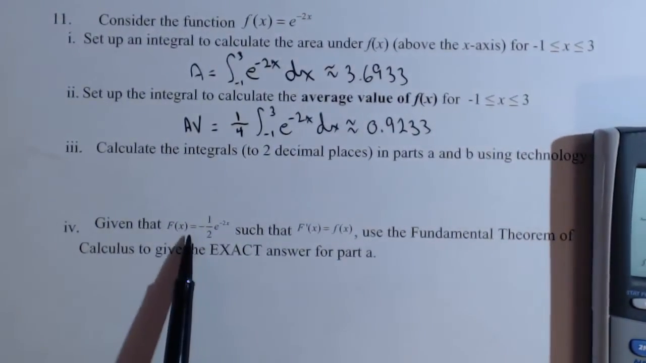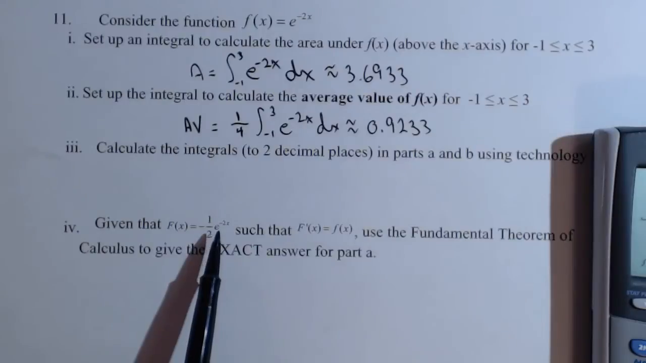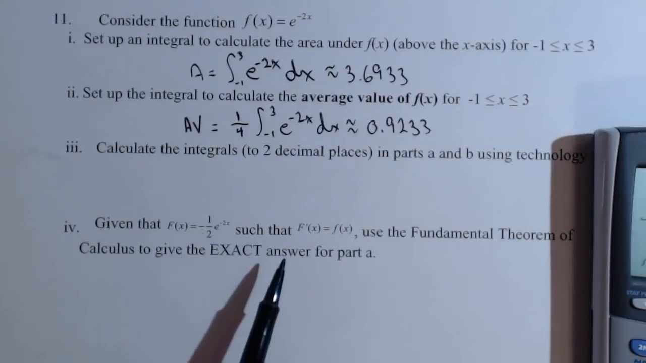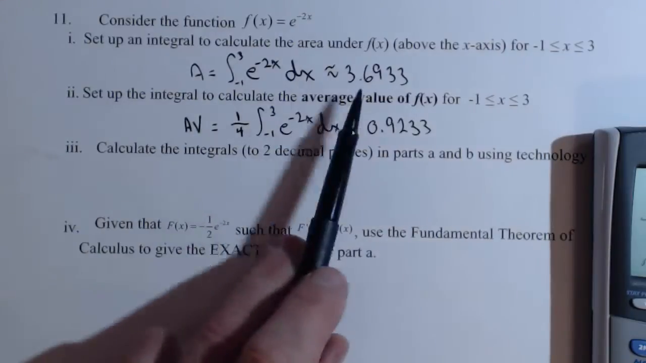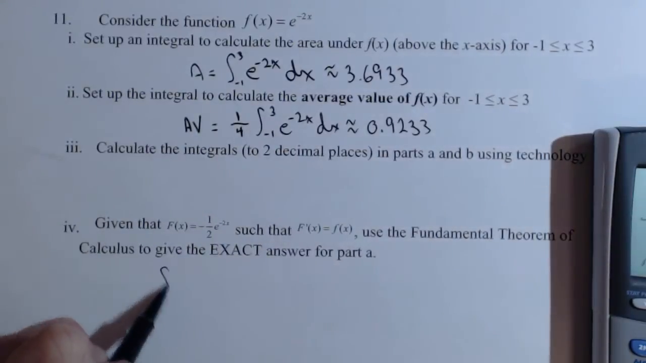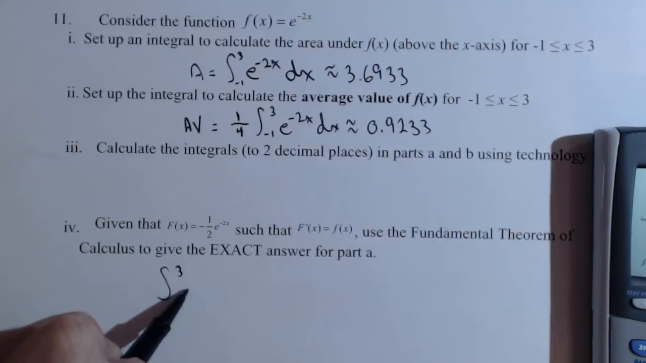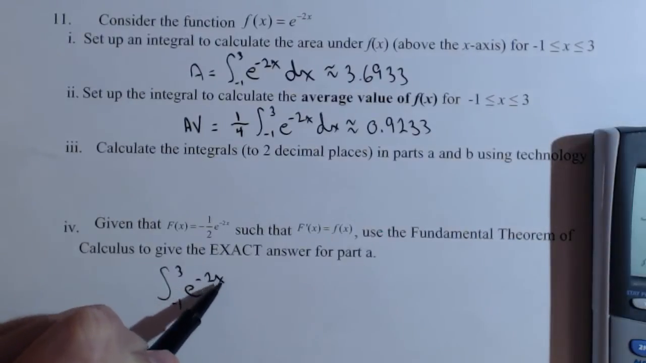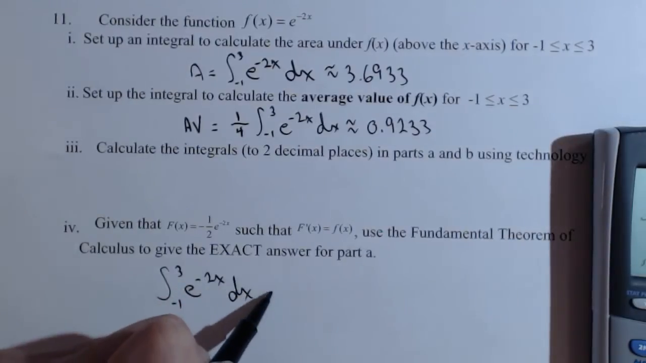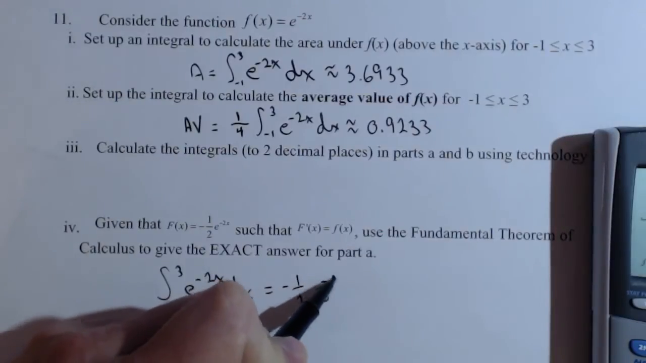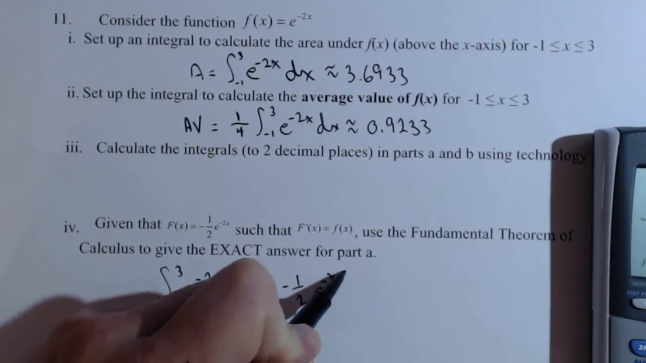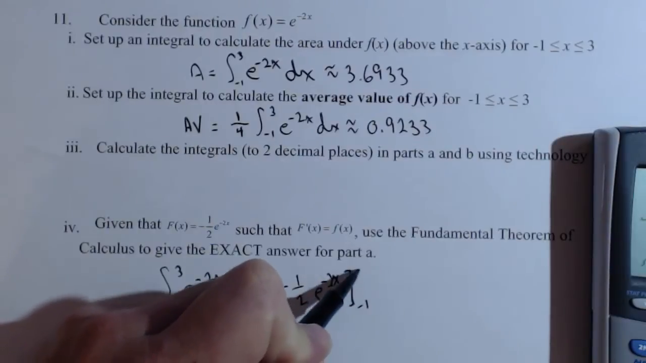Now, if we're given the antiderivative of that function, we can actually also use the fundamental theorem to get the exact value. Let's say we're doing part A, then the integral from negative 1 to 3 of e to the negative 2x dx. Because we have an antiderivative, negative 1/2 e to the negative 2x, we're going to go from negative 1 to 3,